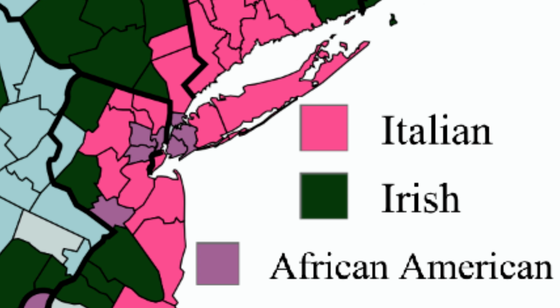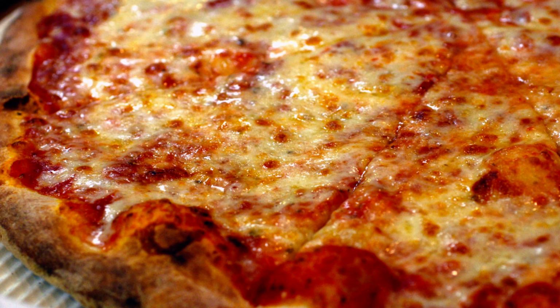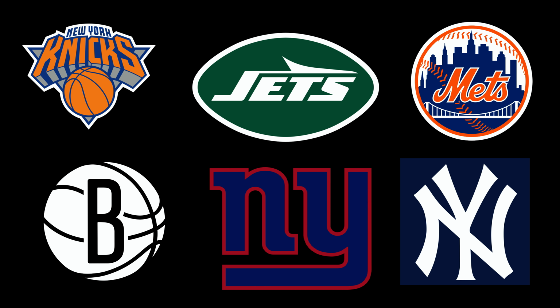In the urban area, the most common religion is Catholicism, but there are also large Protestant, Jewish, and Muslim communities. The urban area is known for its Italian food, with especially New York-style pizza being a hallmark of the city. New York, like Boston, has its own famous accent, and its people are somewhat known for being cold and less friendly than other parts of the country. New York is home to the Giants, Jets, Yankees, Mets, Nets, and Knicks.